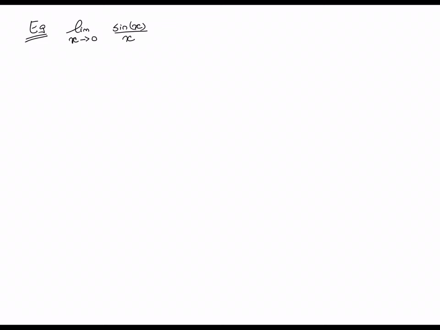x tends to 0. Now, only for the purpose of this video, even though in this course on real analysis we haven't introduced and defined formally the trigonometric functions and the logarithmic function and so on, you can only construct interesting examples involving the application of L'Hopital's rule using these functions. So let's just pretend for now that we understand what the trigonometric and the logarithmic functions are, what their derivatives are, and so on. We'll come back and define these functions more formally and prove these properties much later in the course.